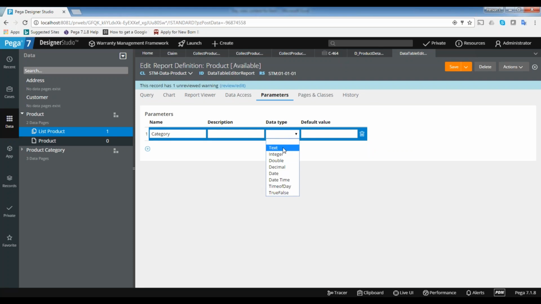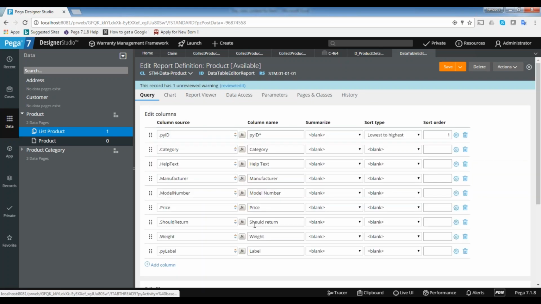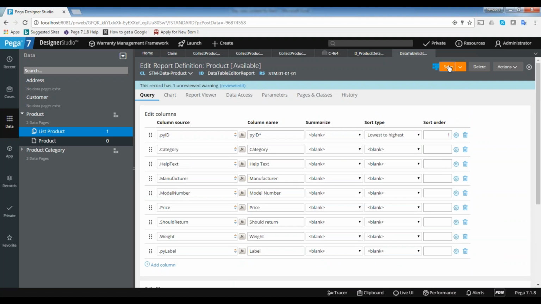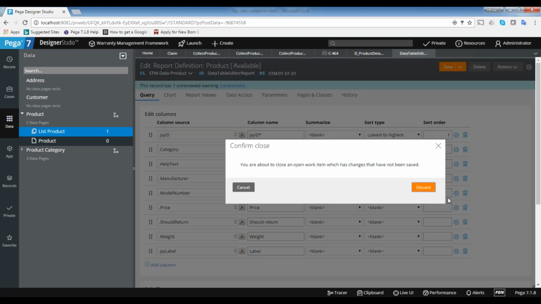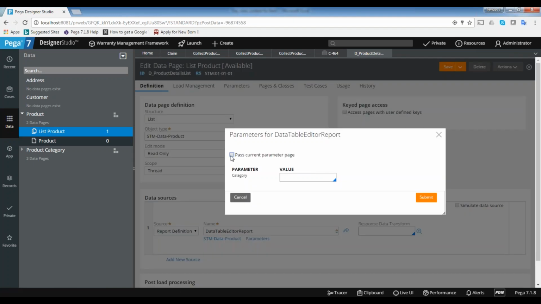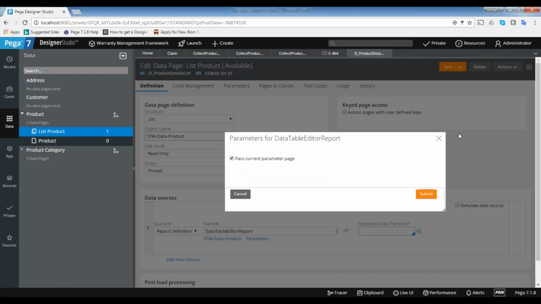Category, this is a text, and then the filter, because based on that I want to filter. Save it. And then here I need to pass the category name.